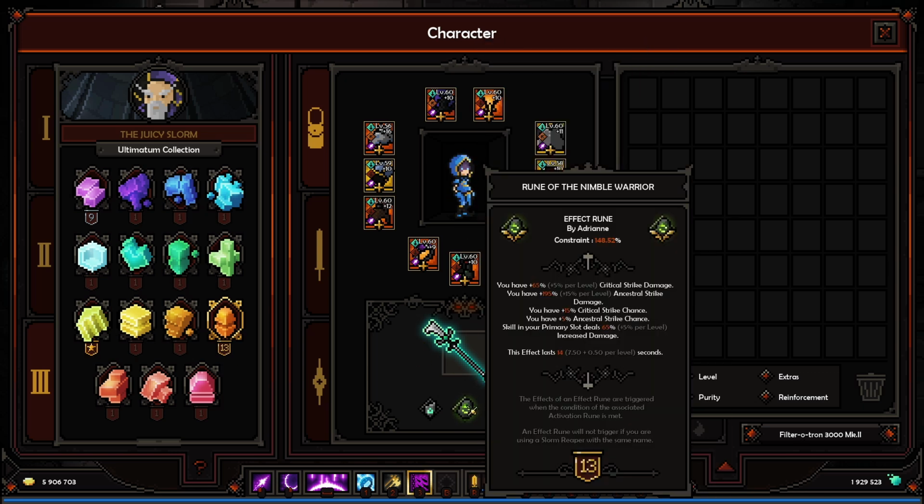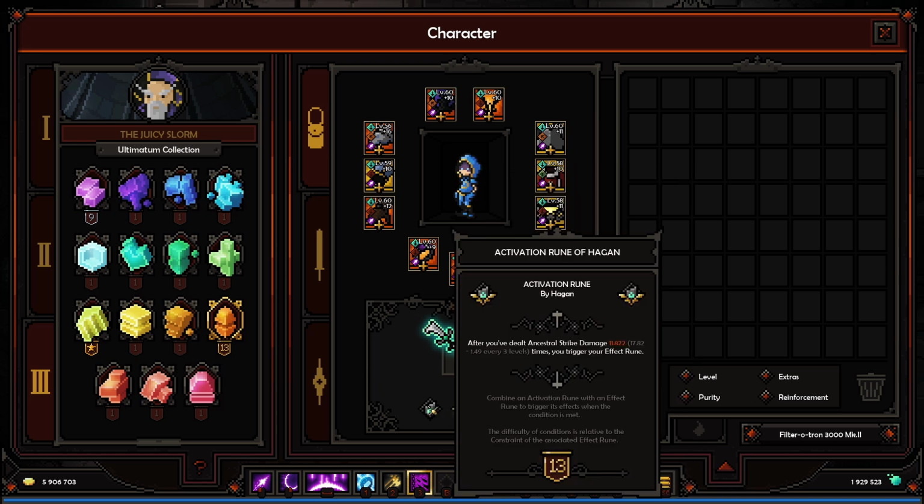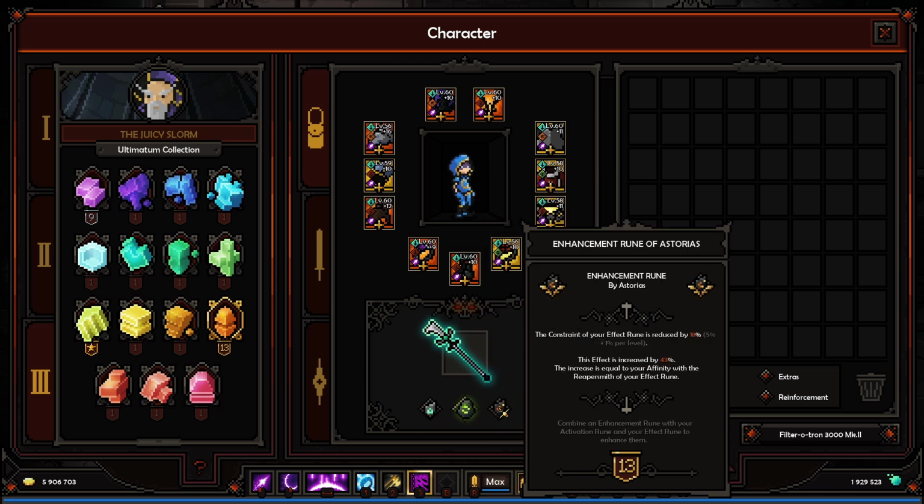And for my rune setup, I went with the Nimble Warrior, simply because the Nimble Warrior is just, I don't know, I'm not sure what they thought when they implemented this rune into the game. It is just too good to pass on most builds. So on pretty much every build, if you're using your primary or secondary ability, this one is going to be the best option for you, without a doubt, 100% of the time. And the way I trigger it is through Ancestral Strike hits, and as you can see, it only takes 12 Ancestral Strike hits to actually trigger this ability, because I'm using this one, the Esterosis rune enchantment, and it's really good